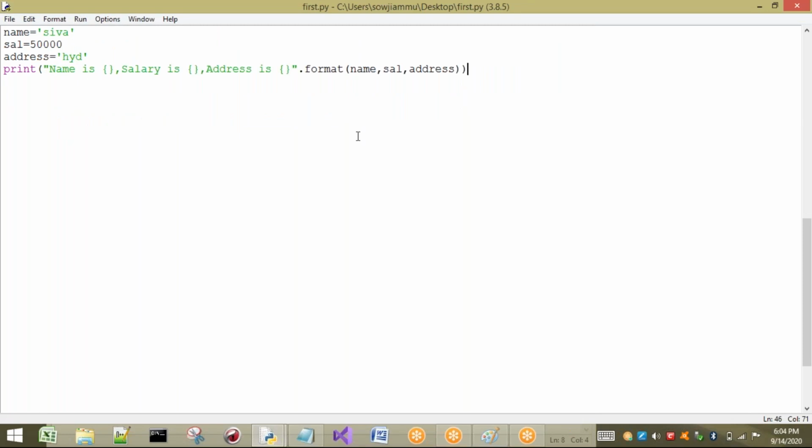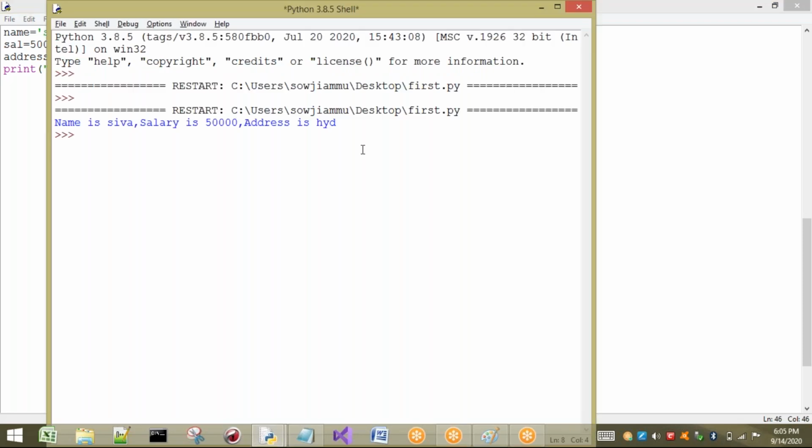We can also pass some parameters for this, or directly inside these flower brackets I can write some values. I will show you about those parameters. For example, here I will write 0, here 1, like indexes, and the last one 2. Now whatever value I have written as 0 is considered the 0th parameter, so name will be printed here. Next, salary is the first parameter, index 1, and address is 2. Let us see what is going to be printed. The same output will be printed.